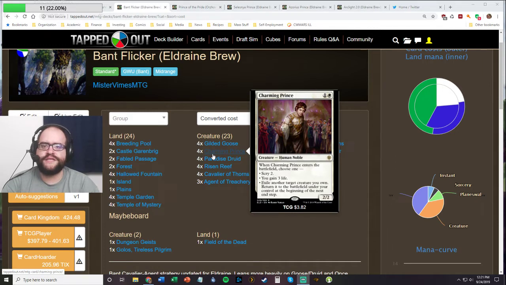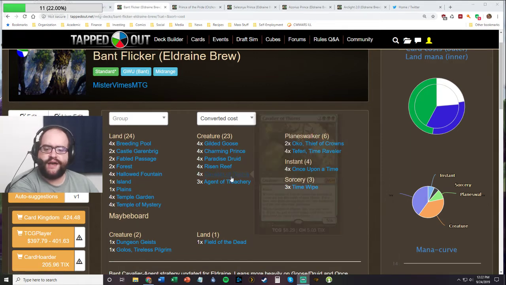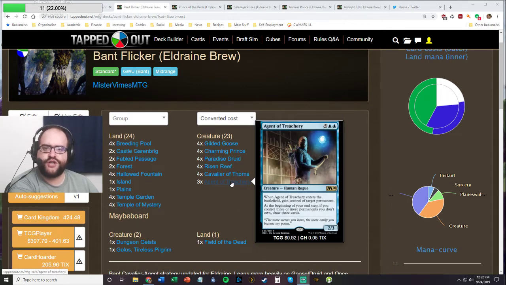Now, this is a lot like Momentary Blink, Flicker Wisp style effects, things like that. And we know historically those are very strong effects. Getting access to that effect for 2 mana, even though it's not at instant speed, seems like it opens up a lot of deck building options. One of those, in my opinion, is to look to update the contemporary Simic, Cavalier of Thorns, and Agent of Treachery strategy that's been around for the last couple months,